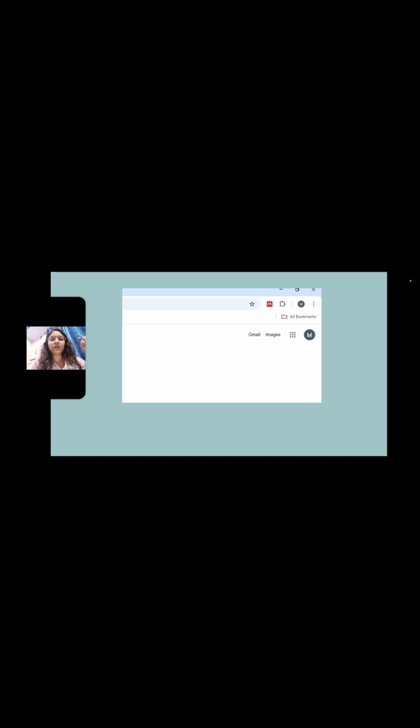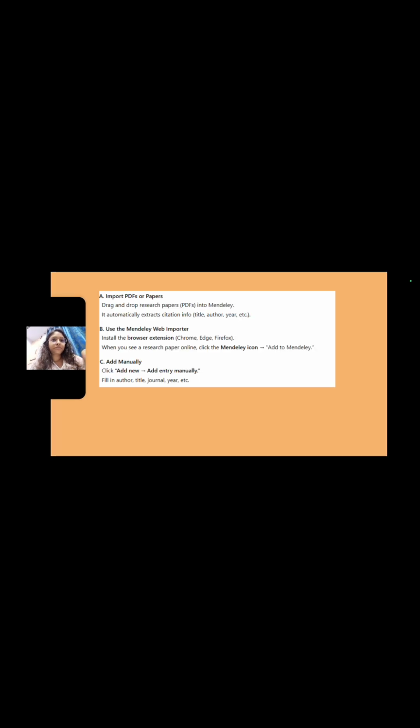So I had spoken about three things here: Mendeley Reference Manager, Mendeley Site, and Mendeley Web Importer, right? So in order to create an in-text citation, there are three ways for it. One is import PDFs or paper, right? So you manually go to Google Scholar, read a particular paper, figure out if it is downloadable or not. If downloadable, you try to access the full PDF, download the PDF, and then you go to